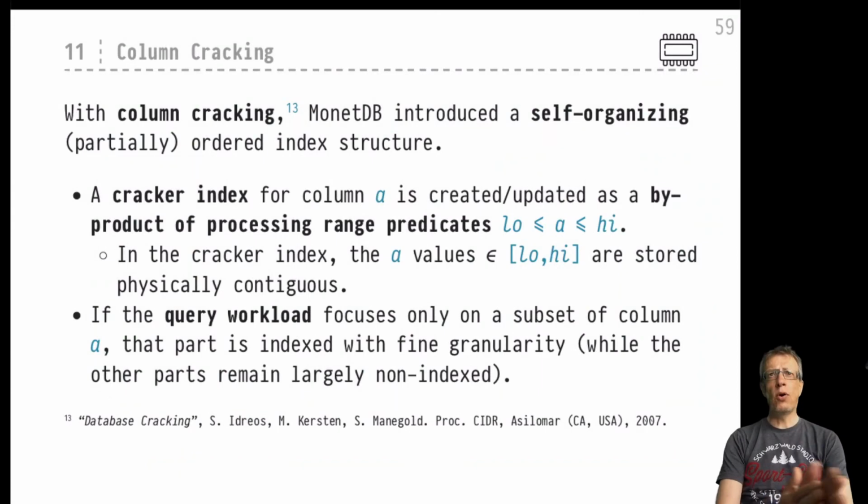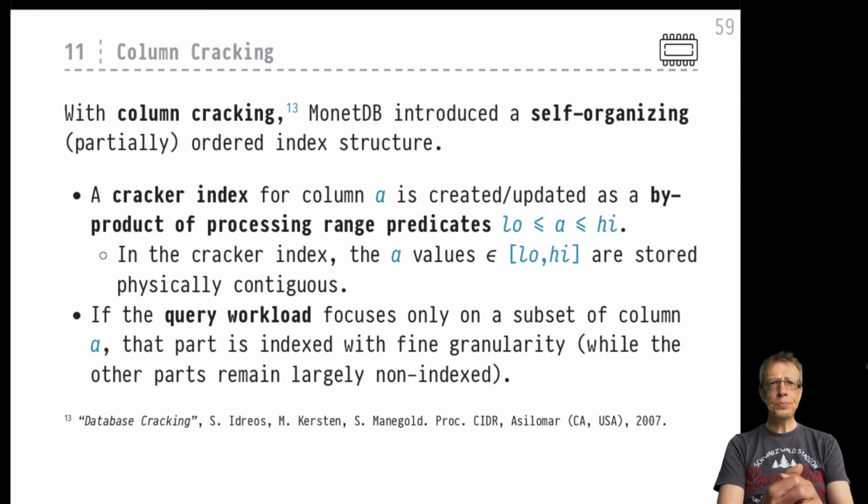Okay, brilliant. We have reached the last video of chapter 9 on ordered indexes. We are in the midst of our discussion of how ordered indexes play a role in MonetDB, and we have just talked about the order indexes in MonetDB. There are more types of indexes in MonetDB. There are the so-called column imprints, and there is the normal hash table that you would expect inside a modern